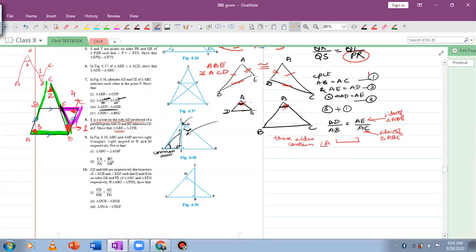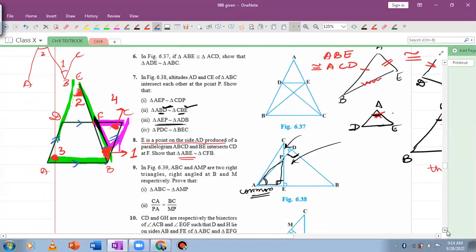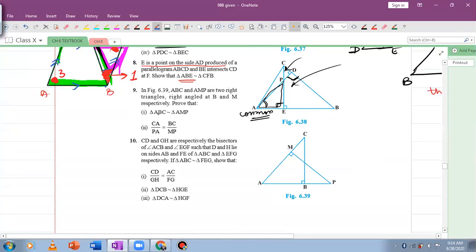So let's take up the next question, question number 9. In figure 6.39, this is the figure given here. ABC and AMP are two right triangles. Prove that